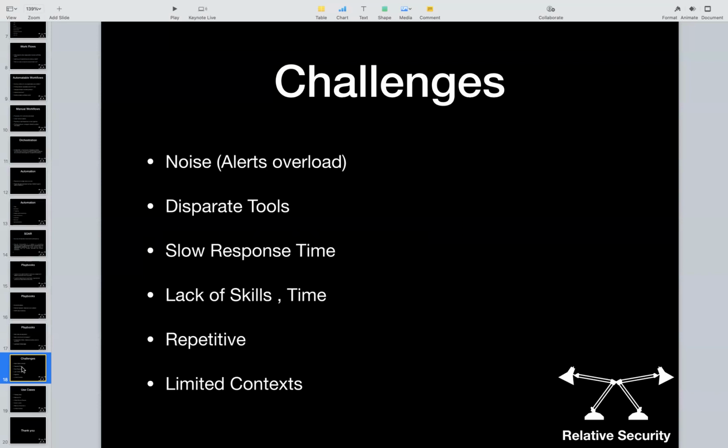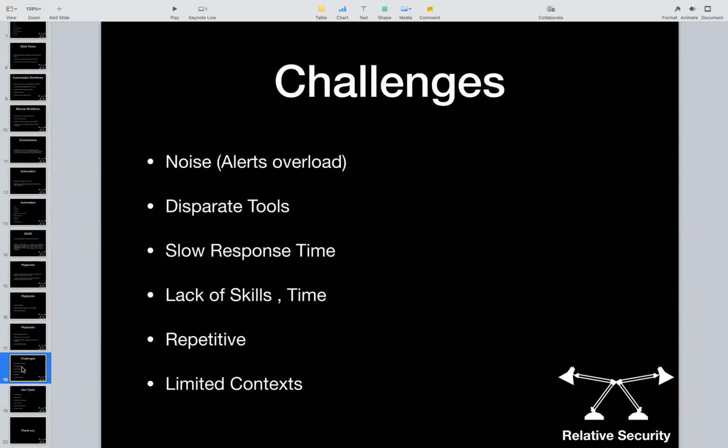Based on these disparate tools, obviously when the L1 has to contact, or has to look into different repositories, this is going to take time, and the response to close an alert or to respond on an event is going to be very slow. That is where your SOAR can come very handy. It can do all those manual tasks automatically, and maybe you can configure it to create a report and attach it with the alert, so that the L1 or the L2 guy can just quickly go through that report and